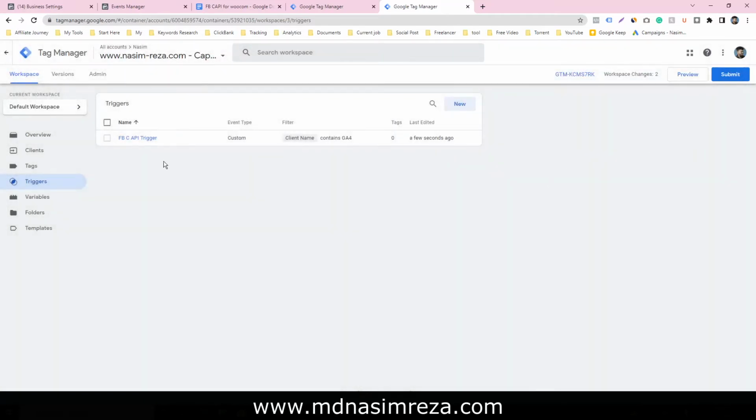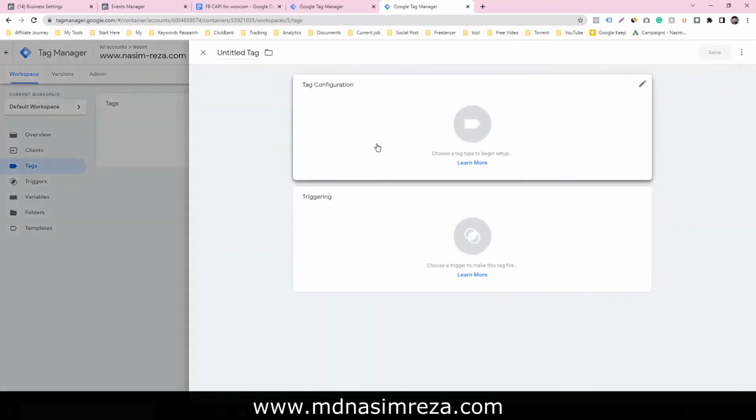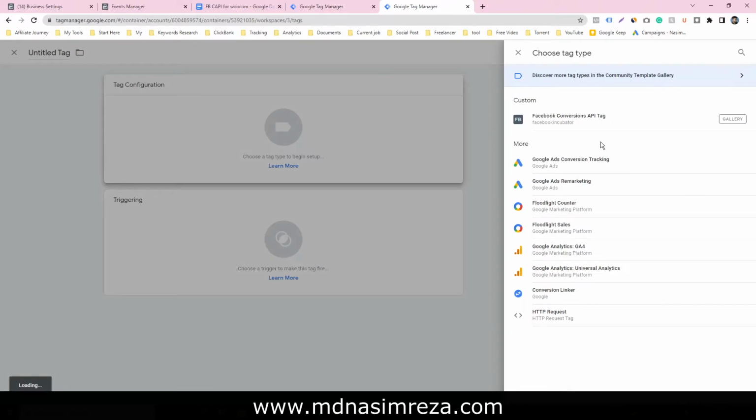Then I'm going to make a tag for the Conversion API. So click on new, click on configuration.